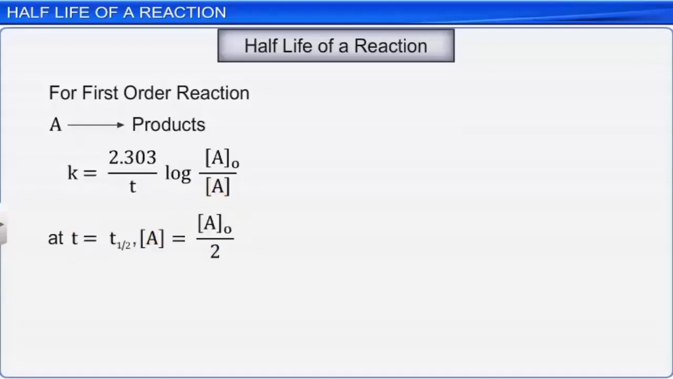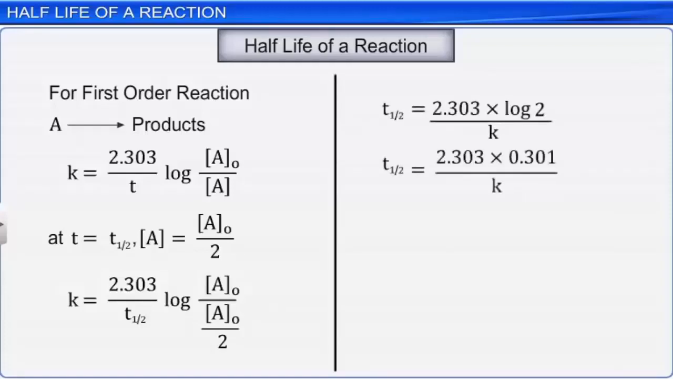K equal to 2.303 divided by T half multiplied by log concentration of A naught divided by concentration of A naught by 2. On rearranging the equation, we get T half is equal to 2.303 multiplied by 0.301 divided by K. On solving, we get T half is equal to 0.693 divided by K. From this equation, we can conclude that the half-life period for a first-order reaction is independent of the initial concentration